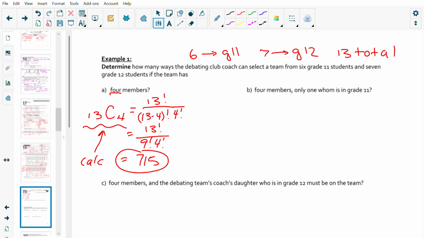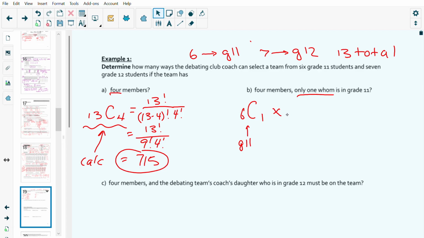4 members, only one of whom is in grade 11, okay? So one of whom is grade 11. So grade 11 students, I have 6, combination of 6 things, and I just need 1 student. So this is grade 11. Okay, and then the rest times,